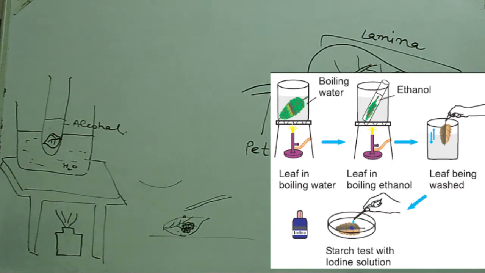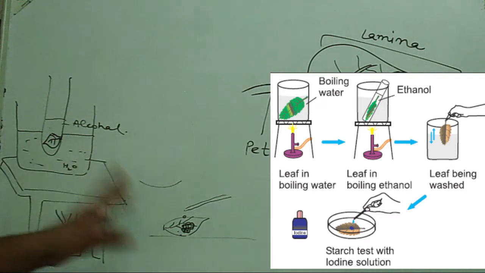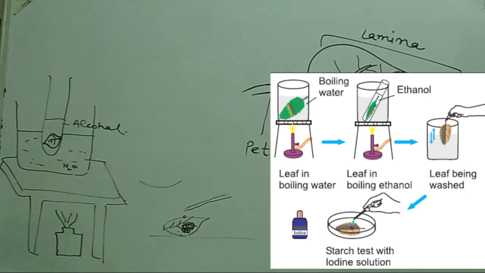So here we have seen that food is stored in the leaf in the form of starch, and that food remains stored in the leaf. So by this we got the knowledge that by transpiration the stem got water from the soil and transported it to the leaves, and in the leaves food gets stored in the form of starch, and that starch test we did here. So now we are going to the next part, that is root.